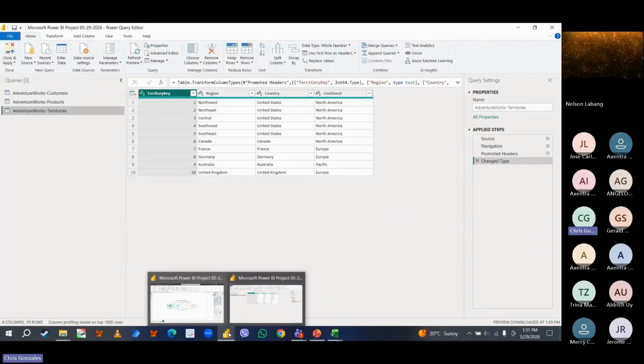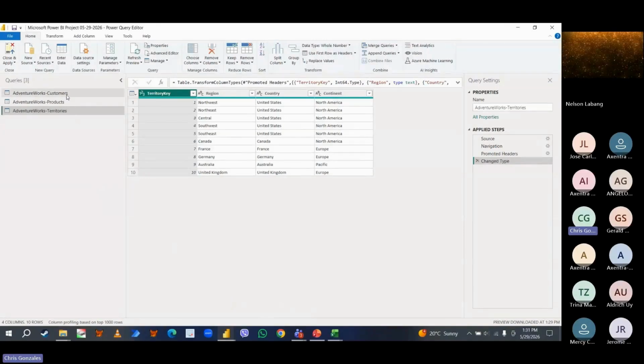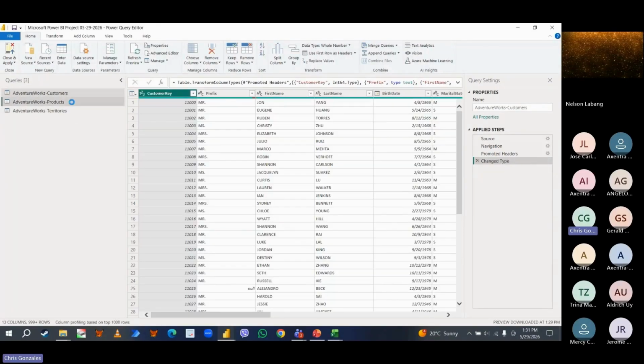So as I have mentioned earlier, when you click transform, it opens another window, and the main difference this time is we have the 3 tables coming from the Excel file. Now, a common question is, the Excel is the underlying data. Let's say, for example, what if I remove a certain column in the Power BI interface? Let's say I remove customer key. What will happen to the Excel file? Will the customer key also be removed? The answer is no.